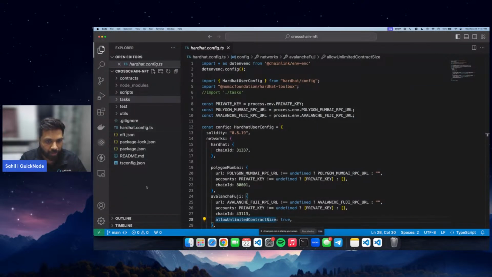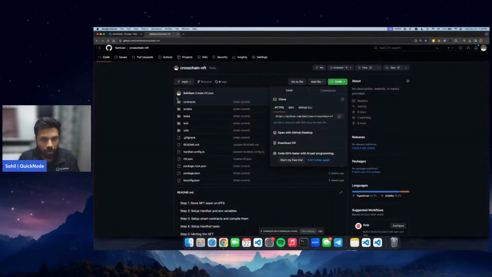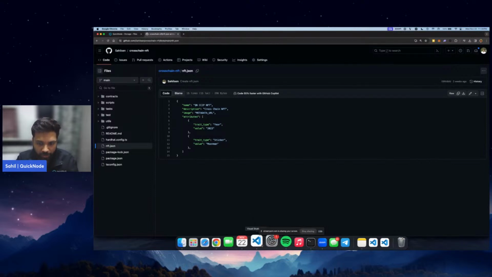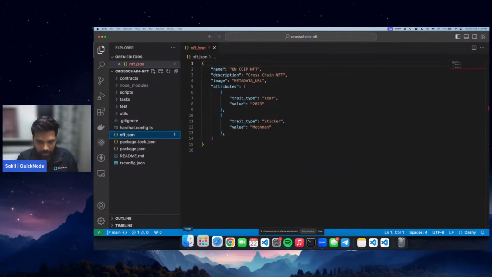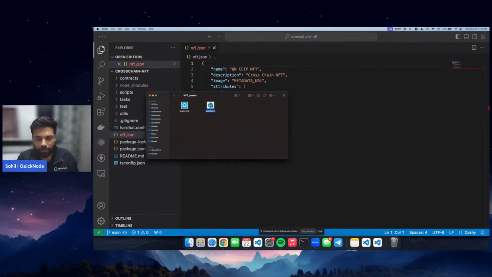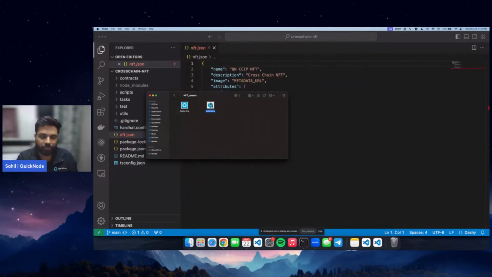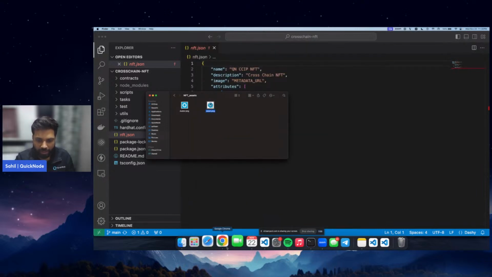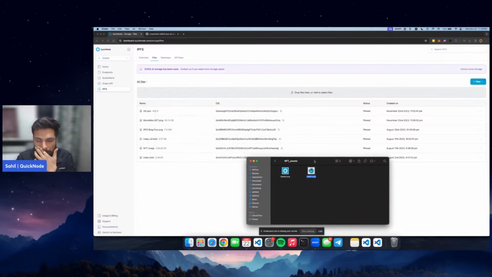So our NFT metadata file will look something like this, where we will have name, description, image, attributes, traits, values, etc. So we also have it in here. And for the image for our NFT, we will be using this image, which is just an abstract QuickNode sticker. So this will be the asset, and to upload it on IPFS, let's just use the QuickNode IPFS product